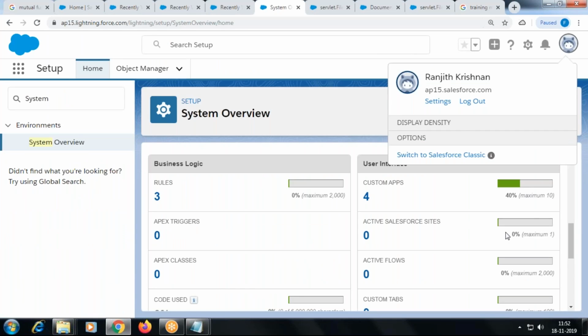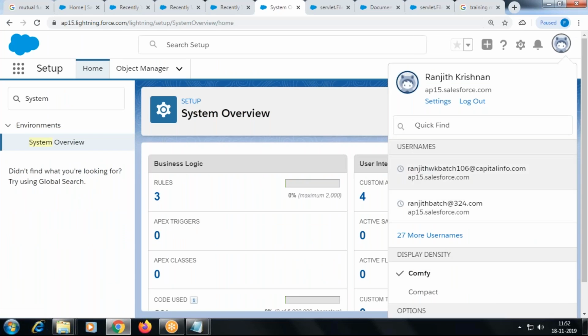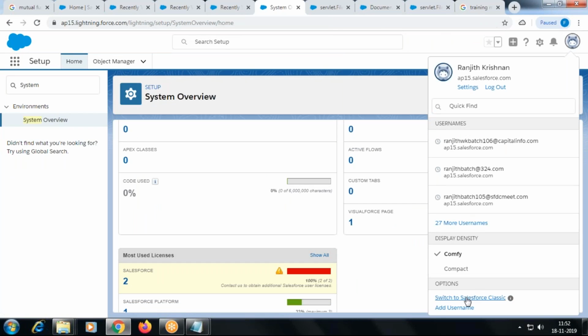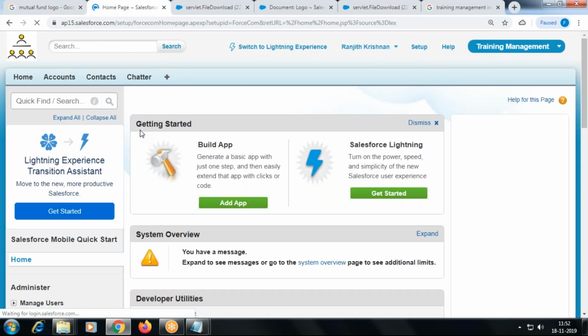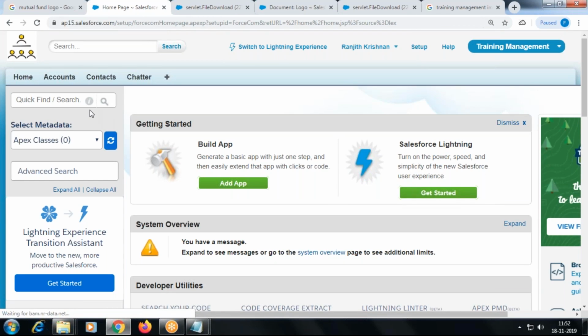So I go to classic. We are going to see that session: custom tab, object.